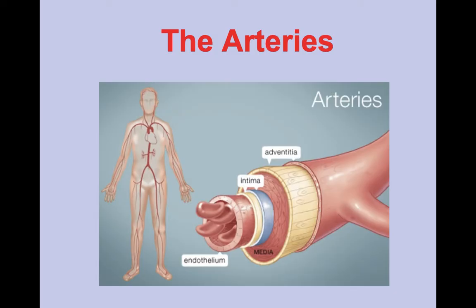Here we go. The first type of blood vessels that we get to look at are arteries, which are really these big blood vessels that we have. And we're going to learn a little bit. I like this picture. We're going to learn about the different tissue layers that make up our arteries. Just to give you some information about arteries,